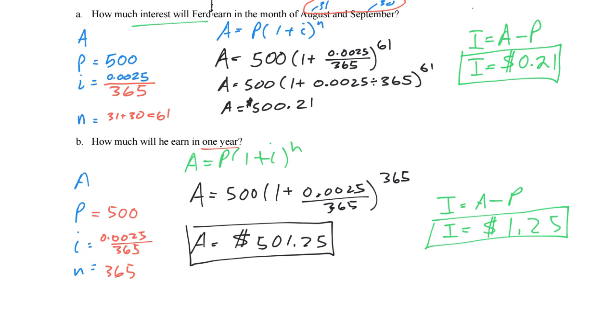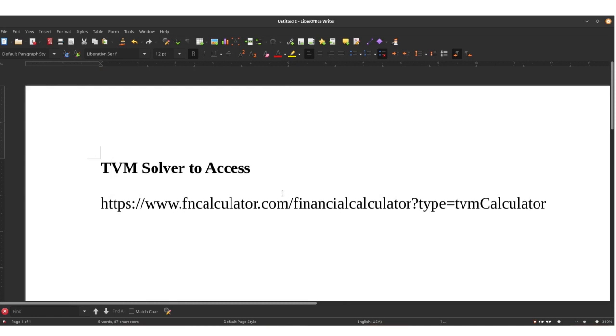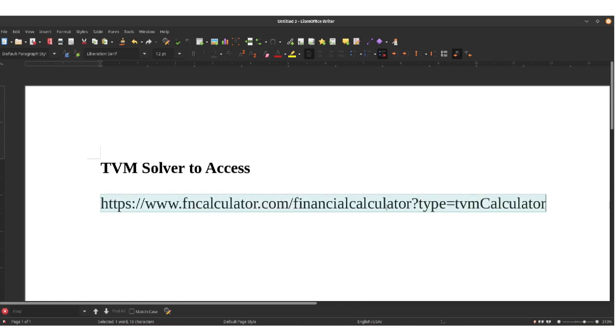Now, let's talk about checking this problem using the TVM calculator. So today what we're going to do is start by taking a look at this website. I will provide this link on the main web page for the course for this lesson. So this is going to be under 9.1, and any lesson that uses a TVM solver to help us find the solution to a problem. So now let's go and take a look at the TVM solver by actually taking this link and copying it into our